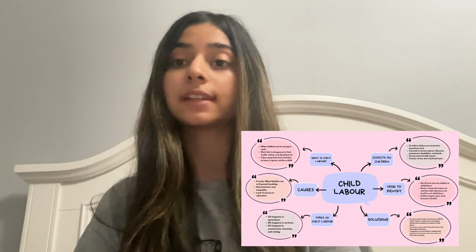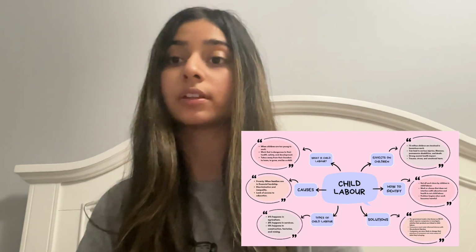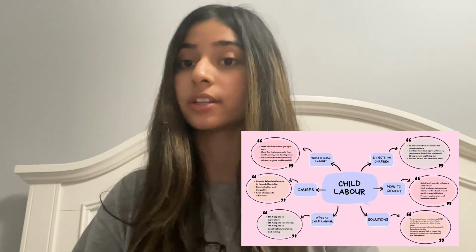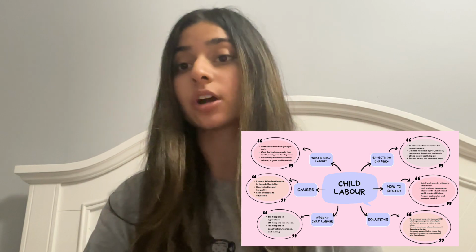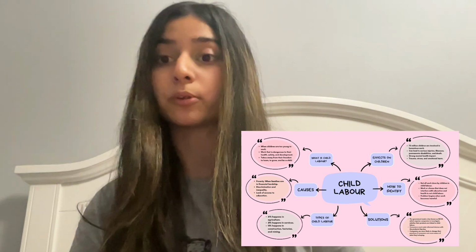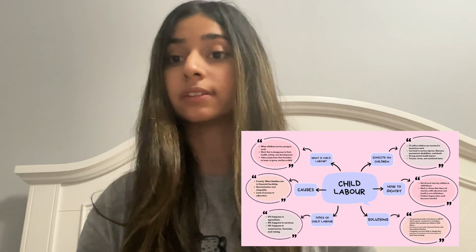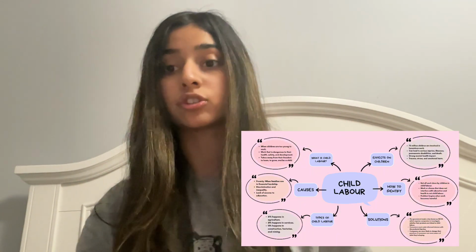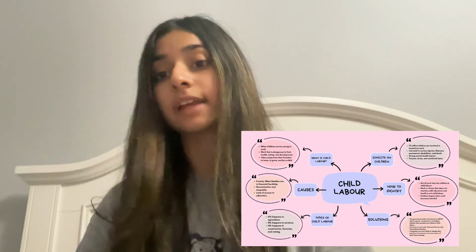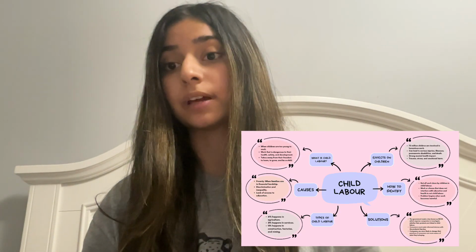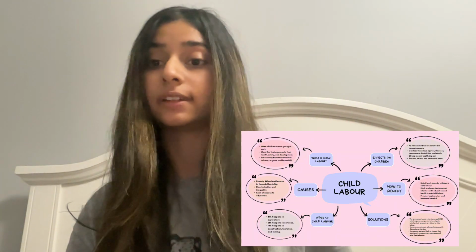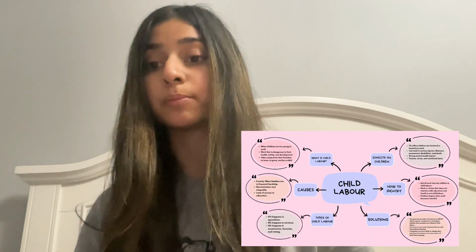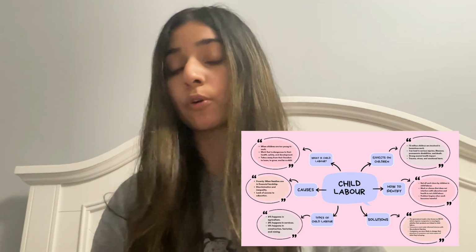International organizations like the ILO define child labor based on these factors, especially focusing on whether the work affects a child's education, health, or development. This means that child labor is not defined by a single job or industry, but by the conditions surrounding it. Things like long hours, dangerous environments, or exposure to chemicals are all factors. Understanding this distinction is important because it shows that child labor is not always easy to recognize from the outside. Two children might both be working, but only one might be working in conditions that are considered harmful or exploitative.